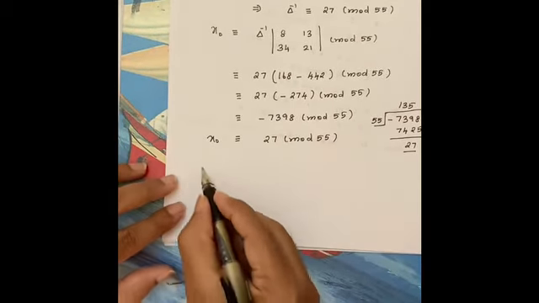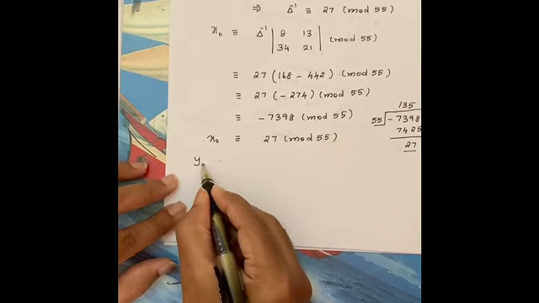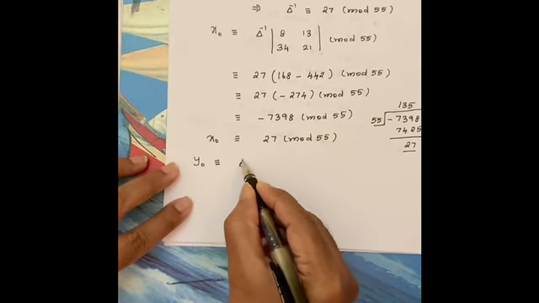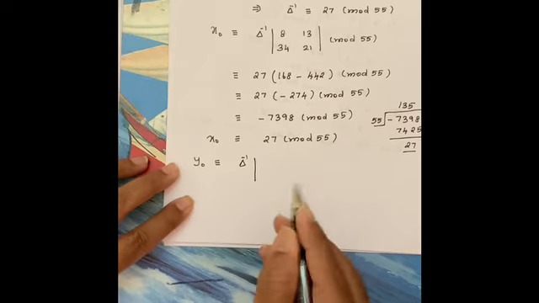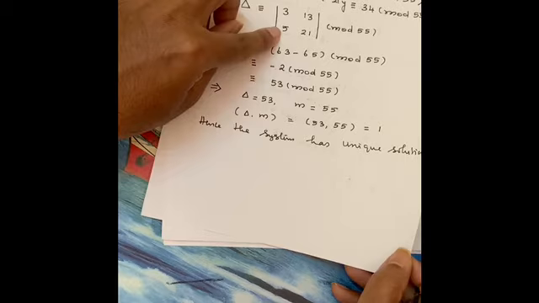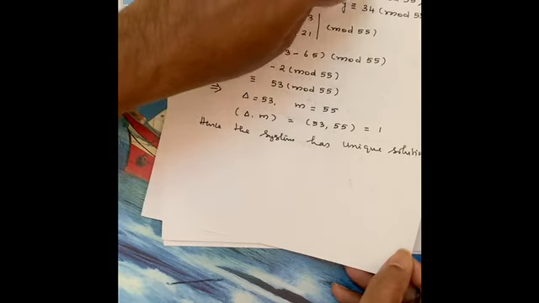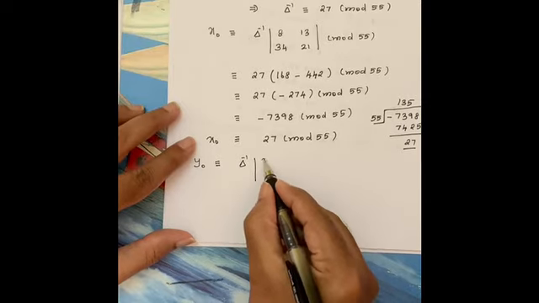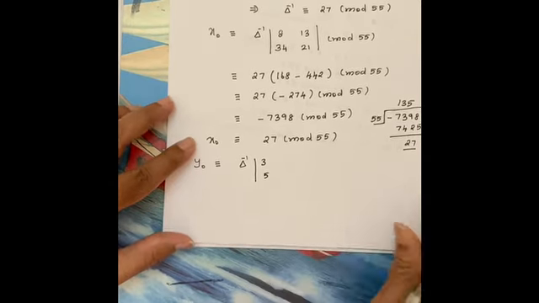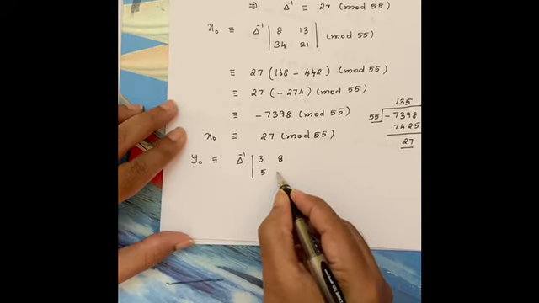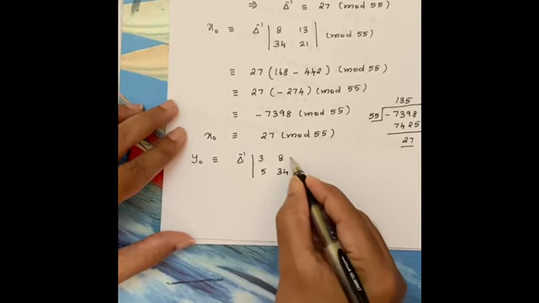Same idea, we are finding y naught. y naught is congruent to, same idea, delta power minus 1. First row no change. First row 3, first column 3 5. Second column 13 21 replaced by 8 34. So I can write 3 5 here, and here 8 34